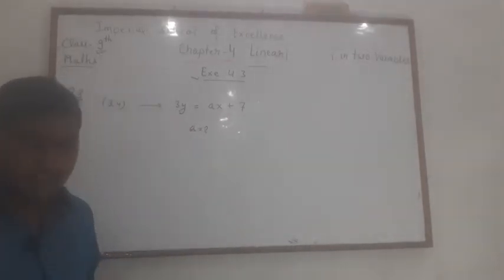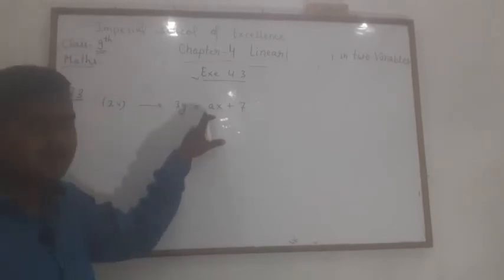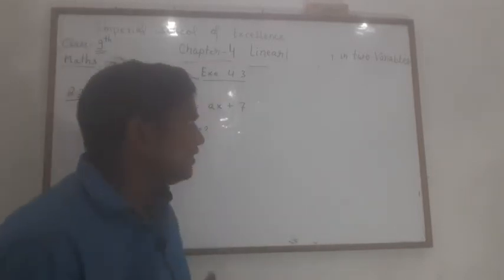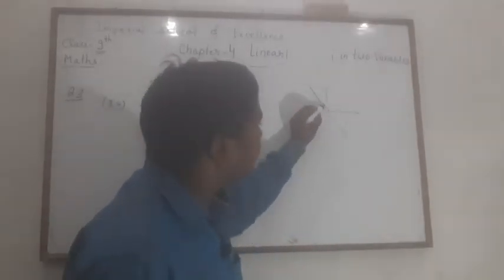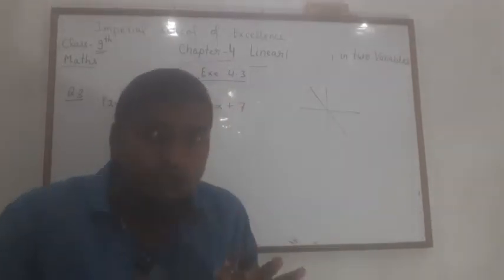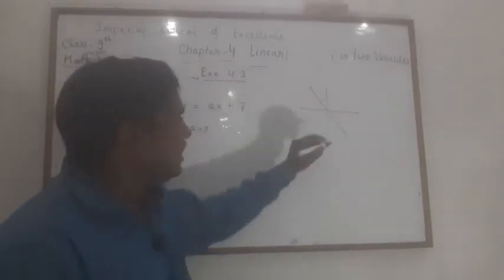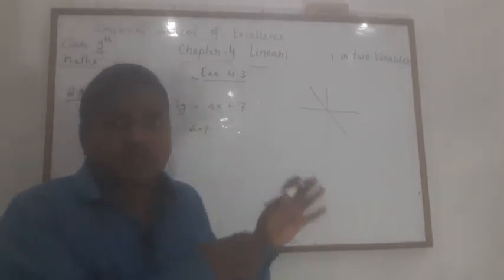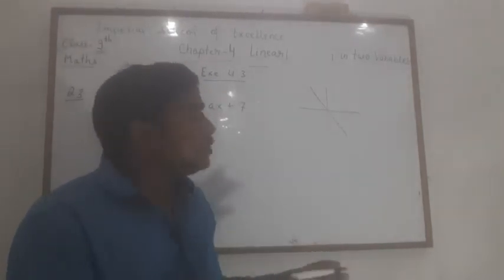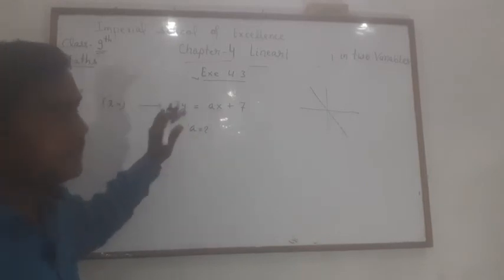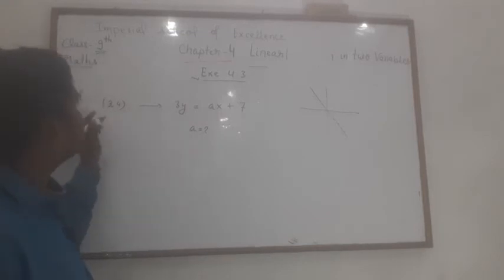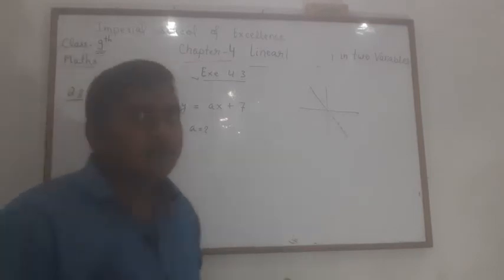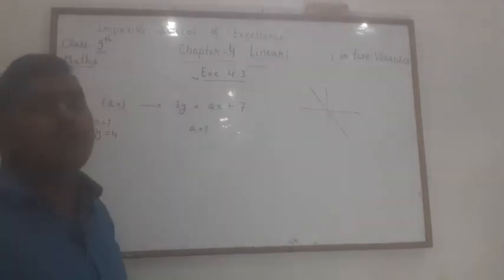So what it will be here, this point is lying on the graph of this equation, means it is a solution of it. See dear student, जो हमने अभी ऐसे ड्रा किया था, suppose this is a line, अब इस लाइन पर जितने भी पॉइंट्स हैं तो these are the solutions of that equation. मतलब इस लाइन पर आने वाले सारे पॉइंट उस इक्वेशन के क्या होते हैं? सलूशन होते हैं. तो means ये जो पॉइंट है इस लाइन पर है, तो इसका मतलब this is the solution. और ये अगर सलूशन है इसका, तो x is equal to 3 and y is equal to 4 इसमें रख दें तो it will satisfy, means LHS is equal to RHS.